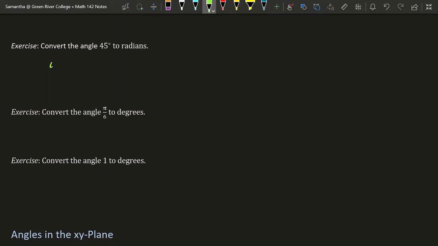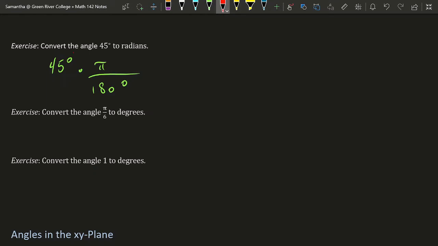So I currently have an angle in degrees. I'm going to multiply it by the fraction that has the degrees in the denominator, 180 degrees, and pi radians in the numerator. Now I'm just going to write pi because remember, when we write an angle with no units specified, radians is always understood. So if I write an angle of just pi, you and I will both understand that that means pi radians.